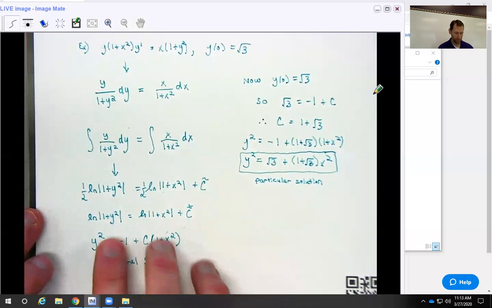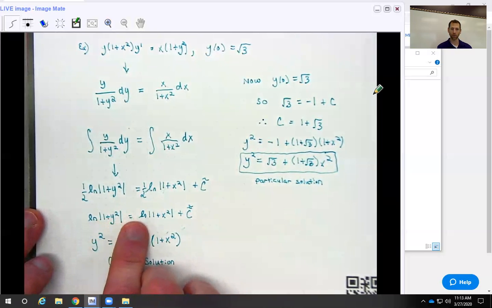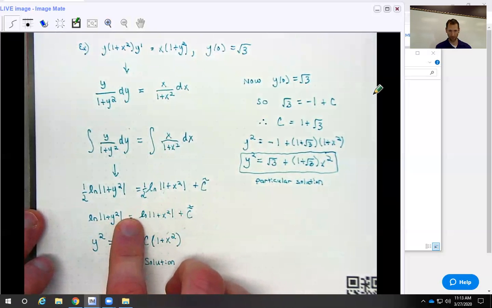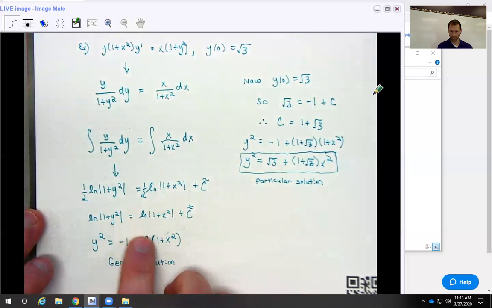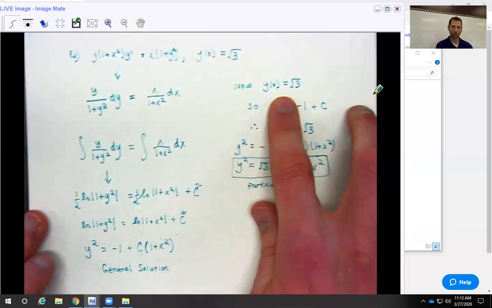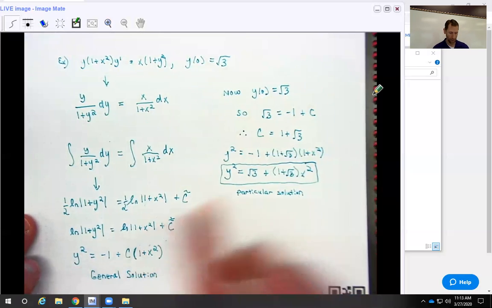Okay. Let's exponentiate both sides, so you get 1 plus y squared equals e to the 1 plus x squared, and the constant using our exponential rules just goes in front. If I solve for y squared, we get this general solution. And now if we use the initial condition, we can evaluate this at x equal to 0, and you get